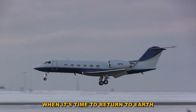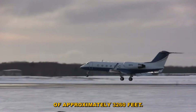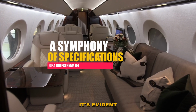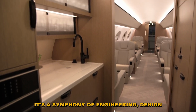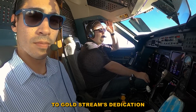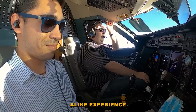When it's time to return to Earth, the aircraft showcases its finesse with a landing roll of approximately 3,260 feet. In wrapping up the specs of the Gulfstream G4, it's evident that this aircraft is much more than a mere luxury item. It's a symphony of engineering, design, and aerodynamics. Every specification is a testament to Gulfstream's dedication to pushing boundaries, ensuring that owners and passengers alike experience the very